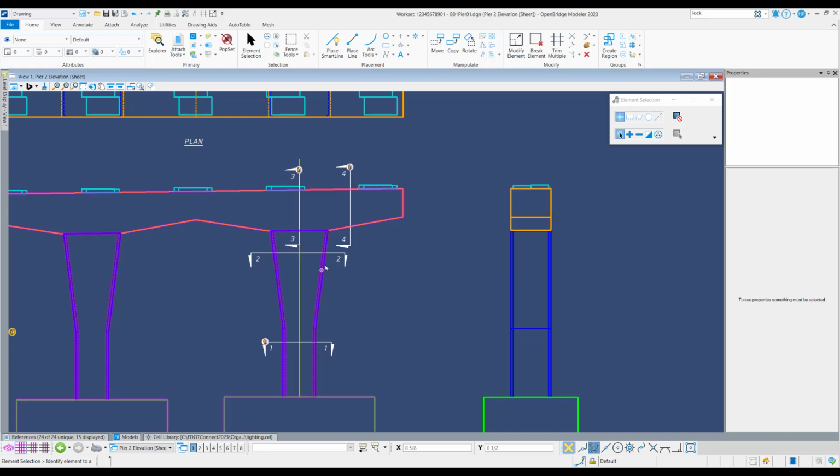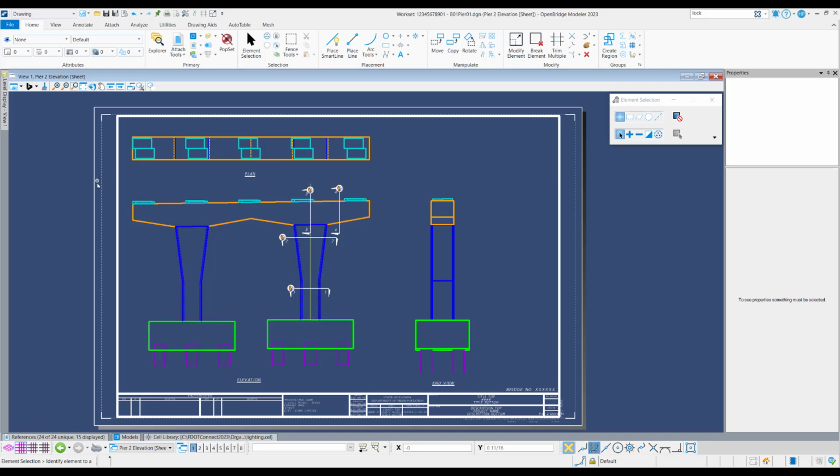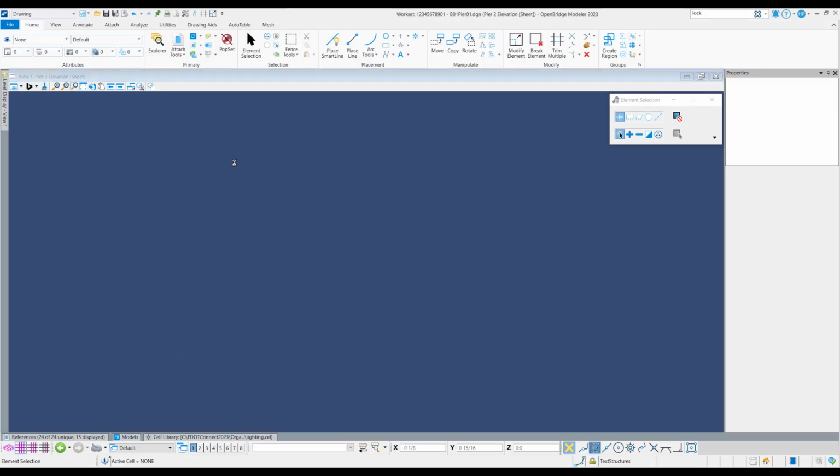The next thing that we're going to do is have these callouts here. Rather than using the numerical values, we'll have them use the section letters. So the place that that is controlled is actually in the drawing boundary itself. So we'll go back, File Open, into our Pier detail sheet,